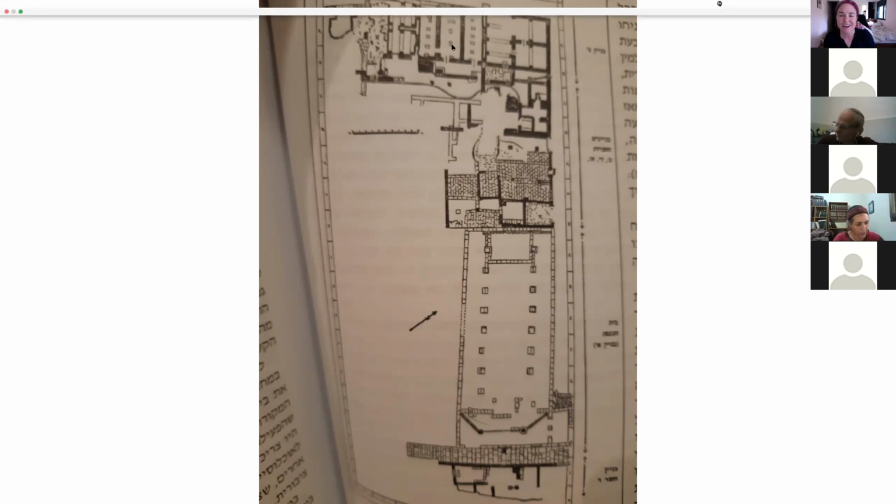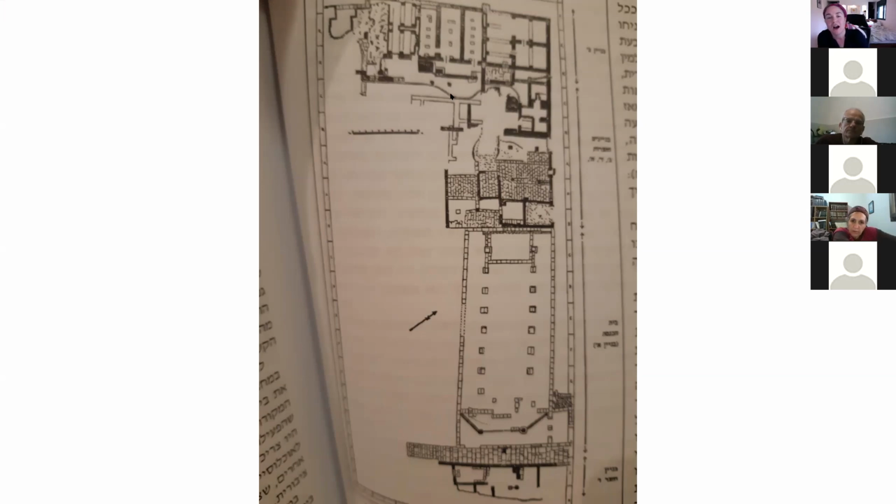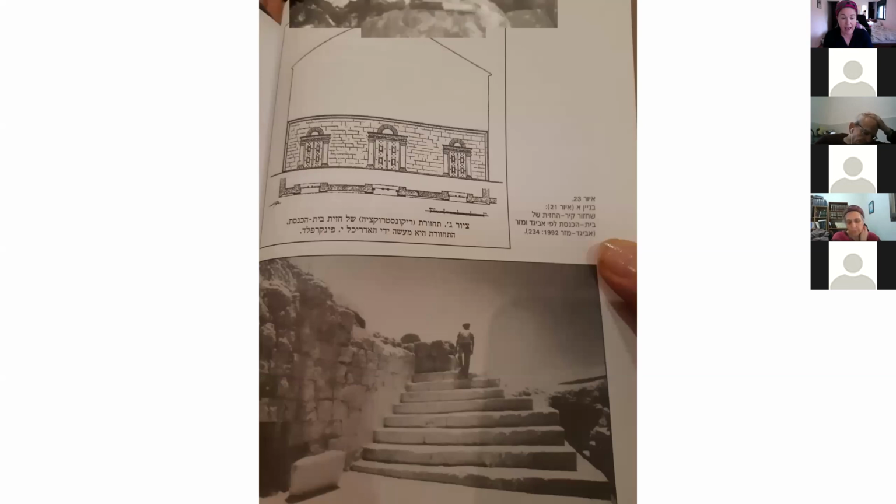So Reb Pinchas ben Yair is seeing the mules in these stables and saying, uh-oh, no way am I going into this house. And here's the rest of the structure of the home, which Abigail suggested was actually 3 stories high. We see the basement in this area, and we see the first Komat Karka in this area, and then 2 stories high plus the basement. And then another story which no longer exists. But this allows us to fill in the imagery of those white mules of Reb Pinchas ben Yair, and